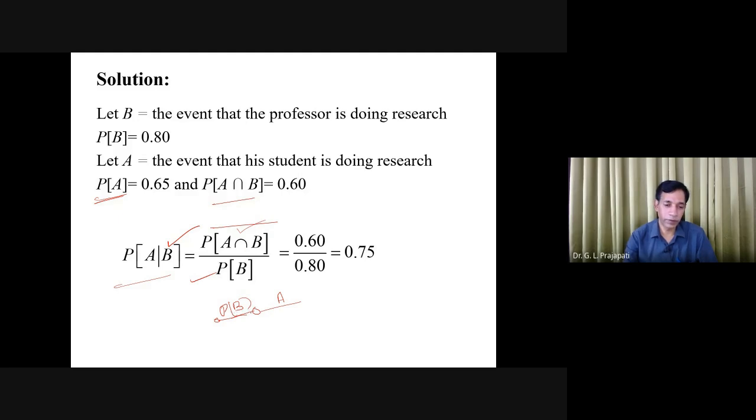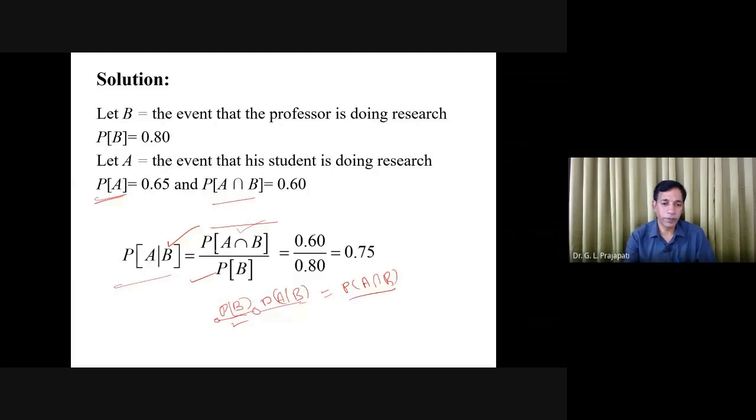You are here, and now you compute for A, given that this already occurred. So this is the notion of P(A|B), and this is equal to the probability of A intersection B